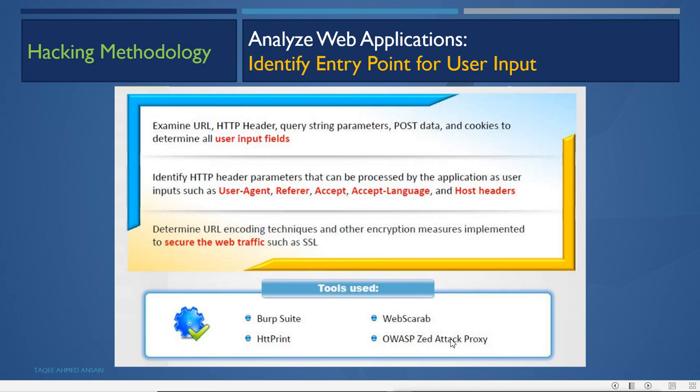These tools are the same. They act like a proxy, like we have seen with Burp Suite right now. We configure the browser to go to the proxy, and then whatever we browse in the browser goes to these tools, and we can scrutinize all the requests and responses from there to find out what technology it is using.